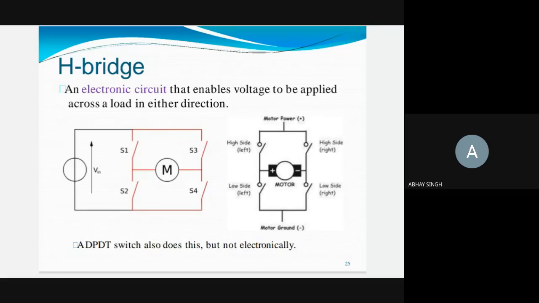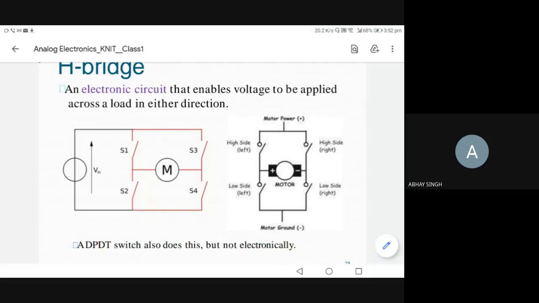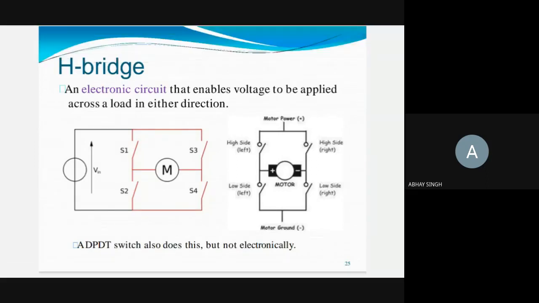Basically, these switches are transistors. We should understand that transistors or electronic devices are switches which we can program how they should work. By switching, they can control the current direction, voltage values, speed, all those things. This is a simple application called an H-bridge, which is used in robotics, like line followers, all those things which students make for projects.